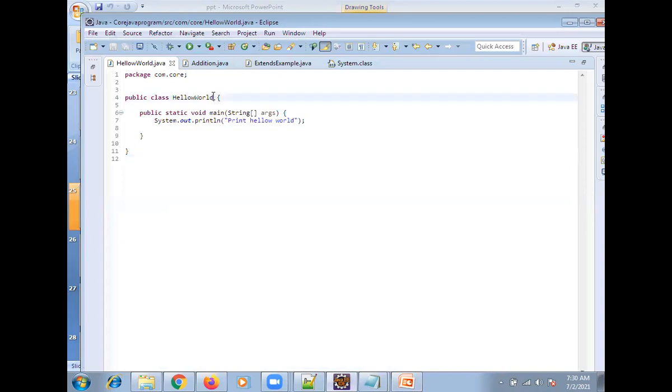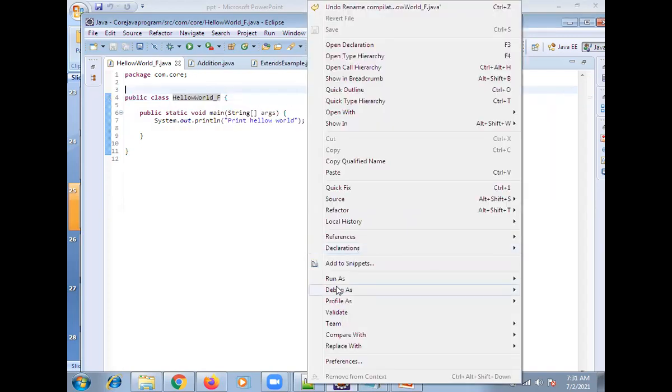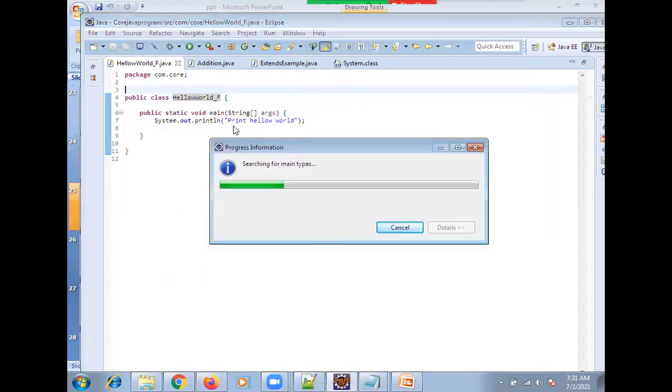Now go here, underscore, at the rate. See what it is saying? Now come here. Any error? Public type must be defined. So it is the same class we defined; the same class name we need to keep. Rename the file with underscore F. Now clear, right? Right click, run as Java application.